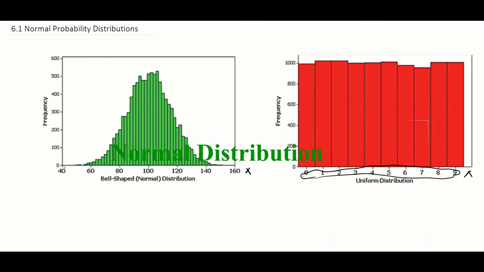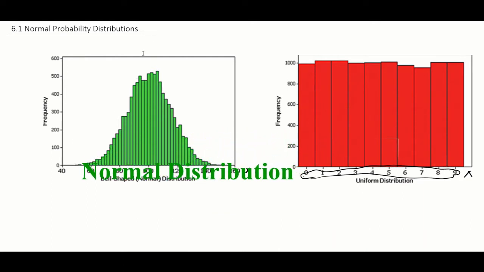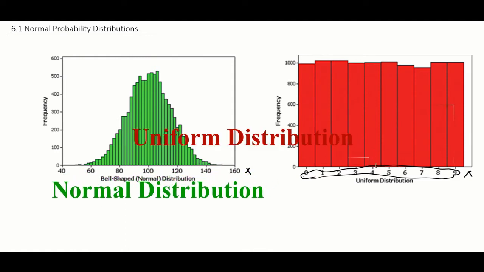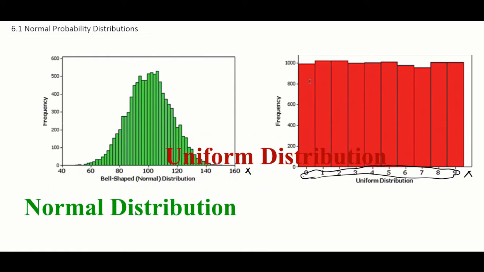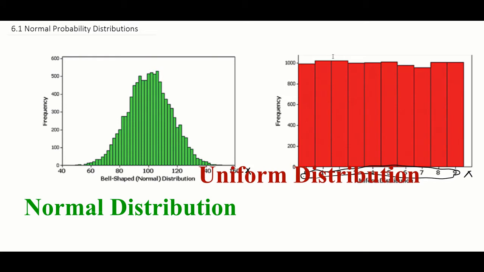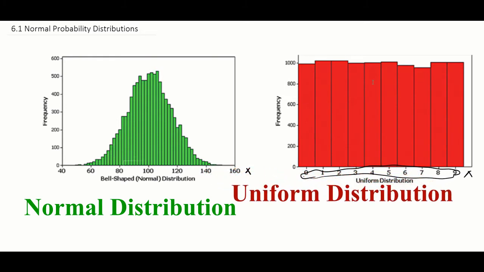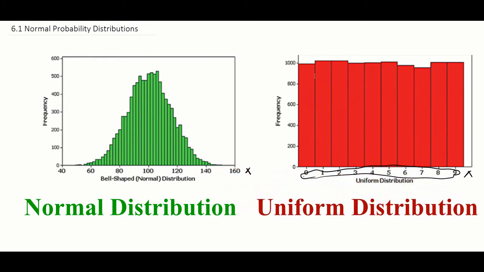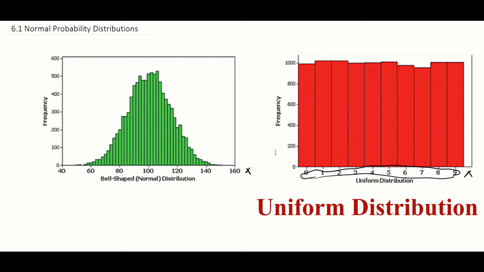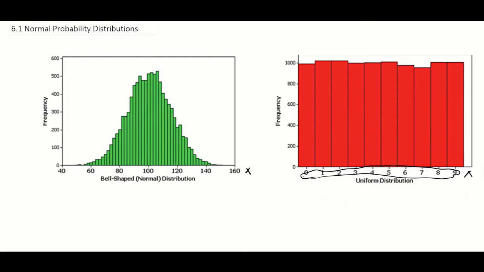By the way, the shape with the bell curve is called a normal distribution, and the shape with a roughly straight line is called a uniform distribution, where the frequency of each value is about the same. We'll still talk about uniform distribution and normal distribution here, but the random variable we're dealing with today will be